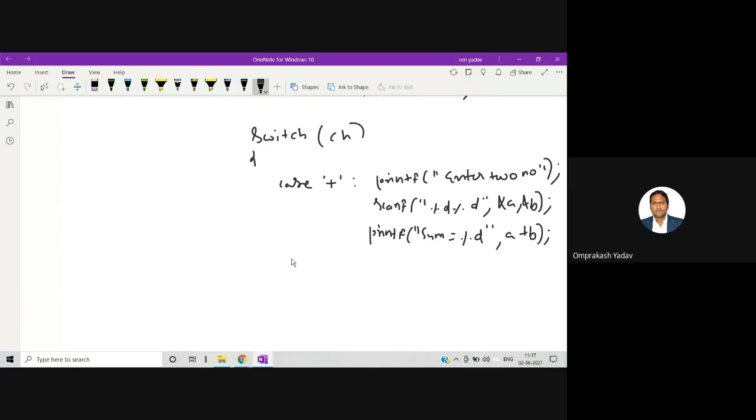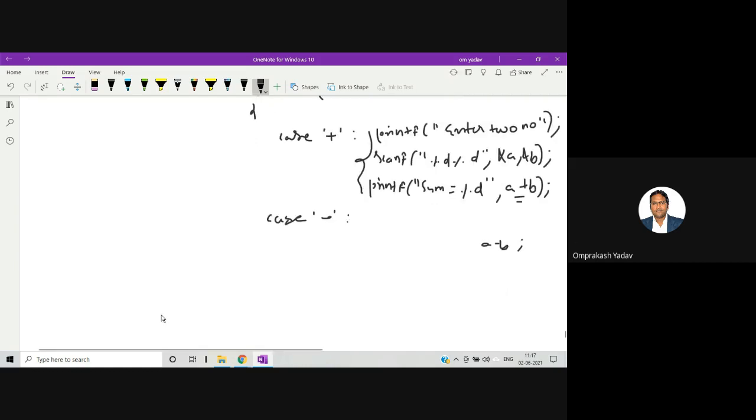Similarly, if the user has entered minus, then I'll repeat the same thing, only in place of plus I'll write minus. And if the user enters multiplication, the same thing, but in place of a minus b, I'll write a into b.